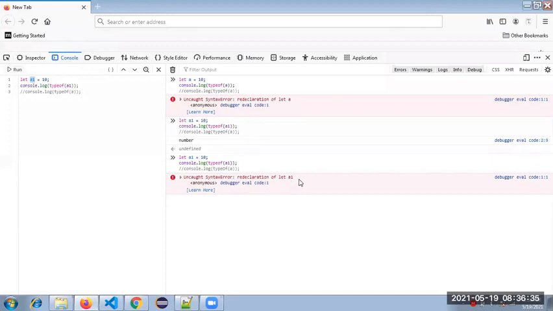So what does it mean? A1 is already registered in the memory. So again and again, if you try to reinitialize, it cannot exist. Yes, exactly, already present in the memory. So we need to change the variable.